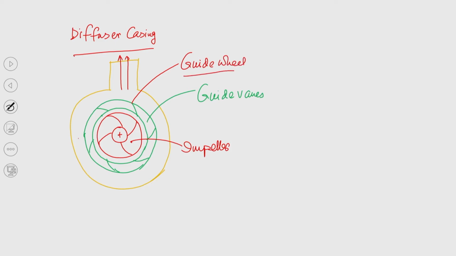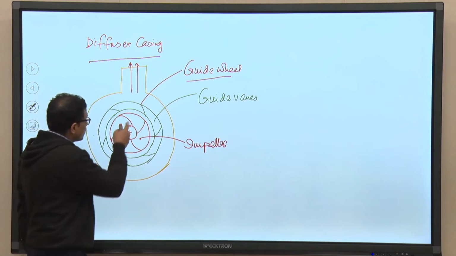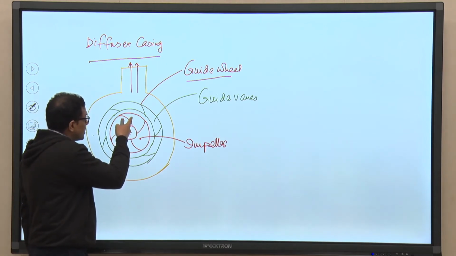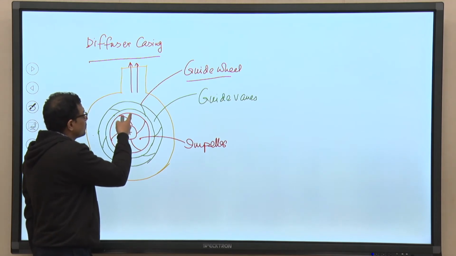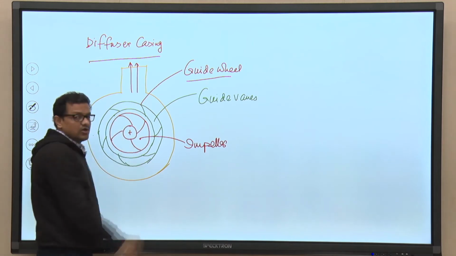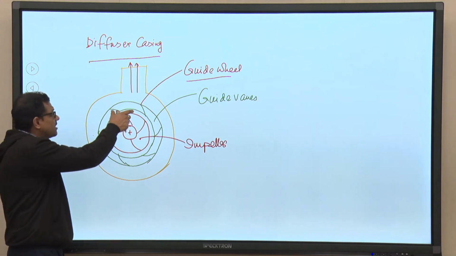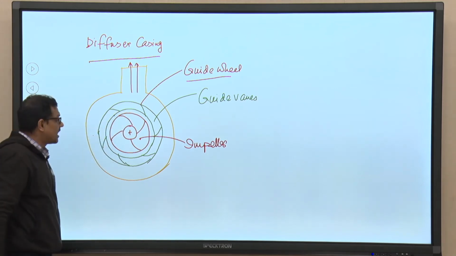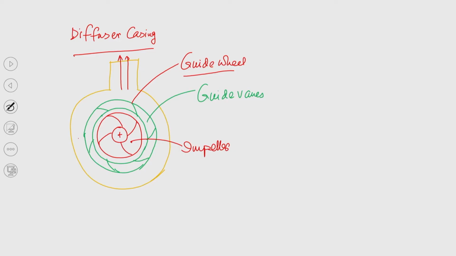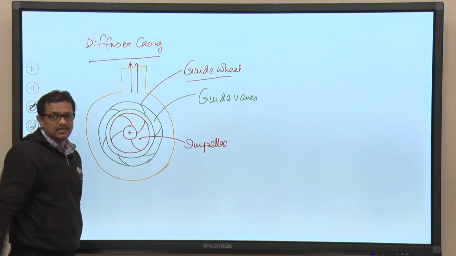and then this wheel is having a few stationary blades, and the blades are mounted in such a way that the water coming out from the impeller outlet will be passing through the passage between two consecutive guide vanes. The shape of the guide vanes is such that the area between two consecutive guide vanes is kind of a diffuser. So, basically in the direction of flow the area is gradually increasing, right.